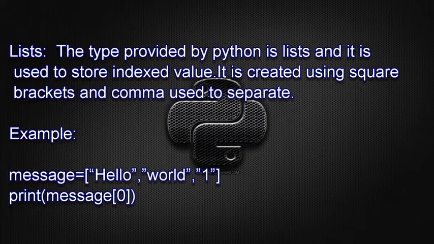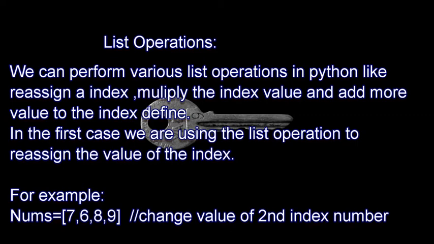Last time we discussed what we mean by list. When we talk about a list, we understood that we can define anything in square brackets, and we can define a value in it. If you want to define some words or some numbers, we can do it with the help of the list type. When we are talking about list, we have some operations as well as functions available in it. So what operations can we perform on a list, and what functions can we use on a list? When we are talking about the operations on the list,